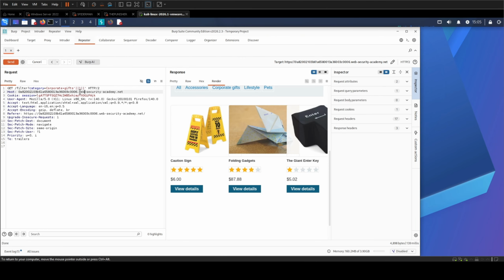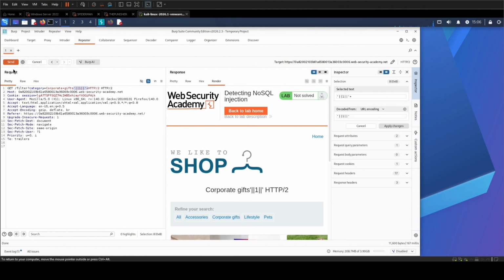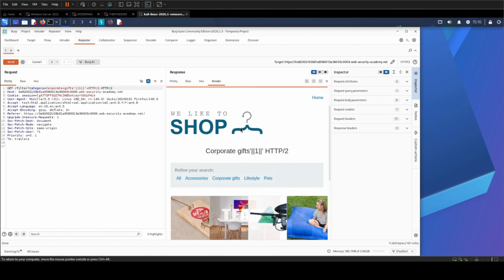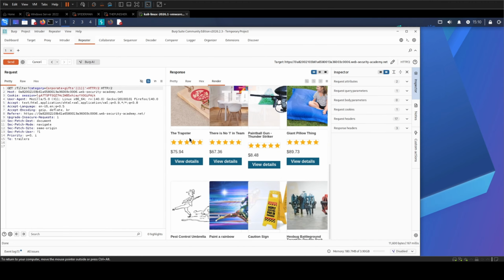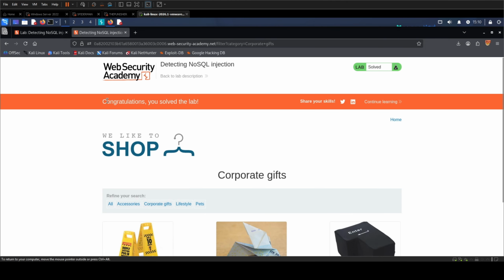The payload is gifts, single quote, pipe, pipe, 1, pipe, pipe, single quote. 1 is always true. Select, Control U, send. And we get a 200 back, and with a whole lot more than 3 products. So if we switch back to our lab, we can see that our lab is solved.